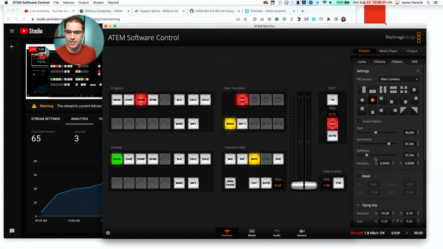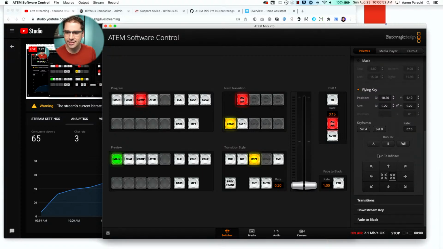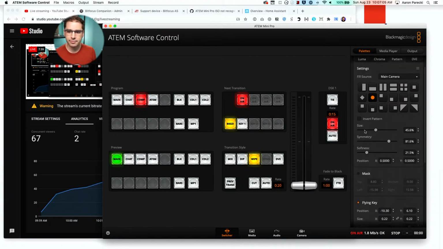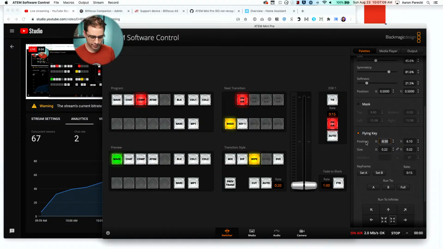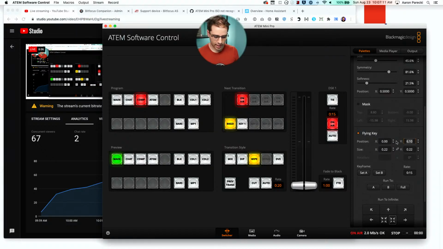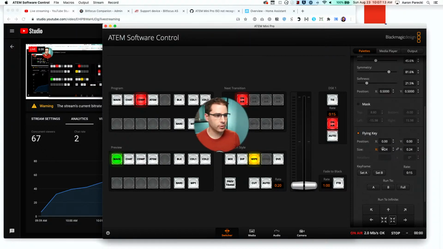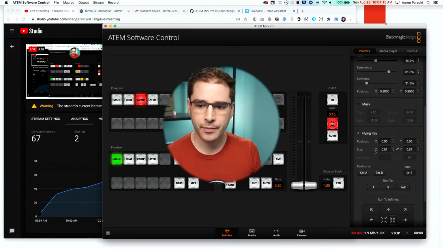The other interesting thing here is this flying key section, and it gets a little silly, but you can set keyframes. So I can say this is position A, and then I'm going to move myself over to the middle, and also make myself bigger.